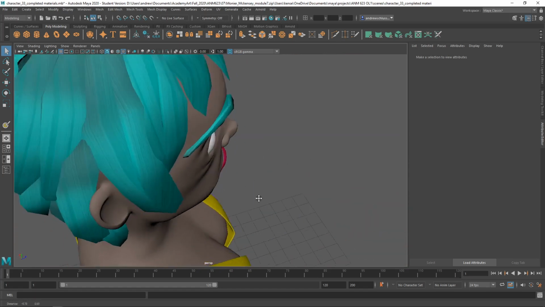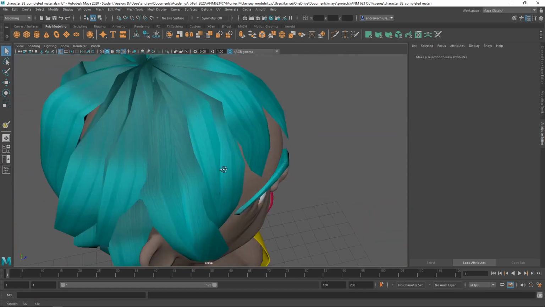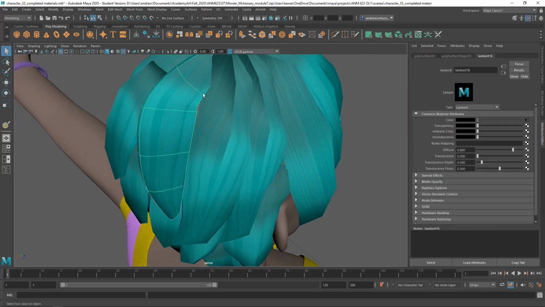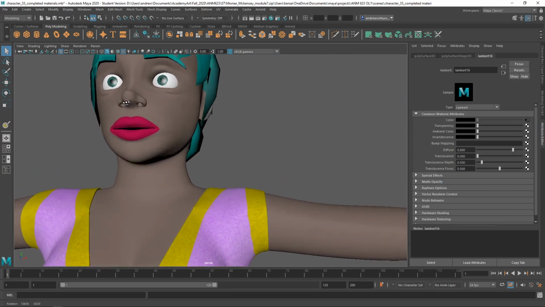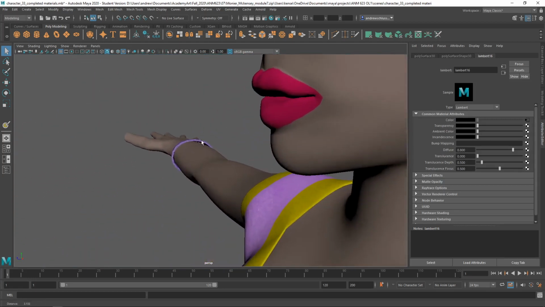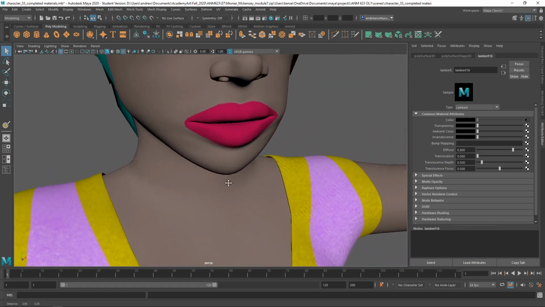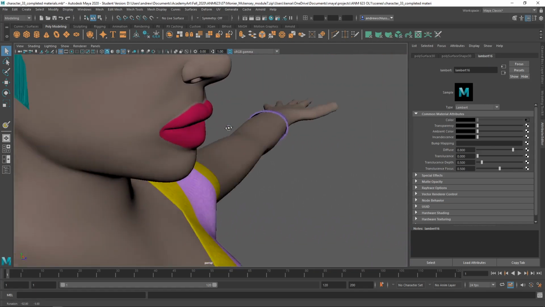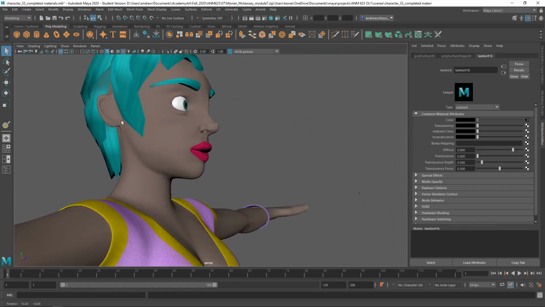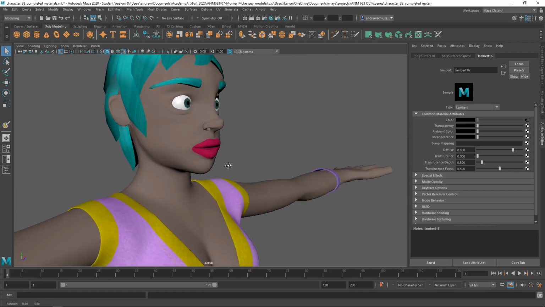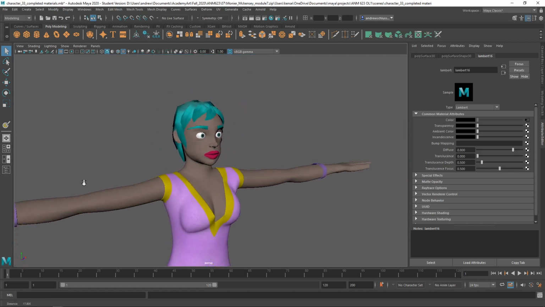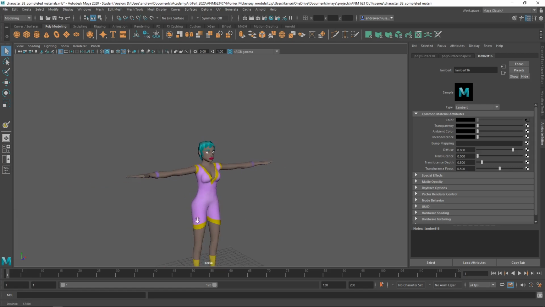I like what you've done with the hair. I think that's got a good look. A little concerned we're seeing some skull through here. You might just move some of the points around on that. I think the really bright red lipstick, I don't know, I might just tone it down a bit. It's just very extreme contrast. I mean, I guess there's some pretty extreme colors going on in general,